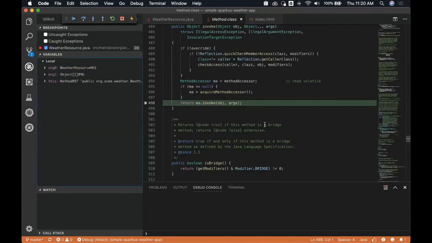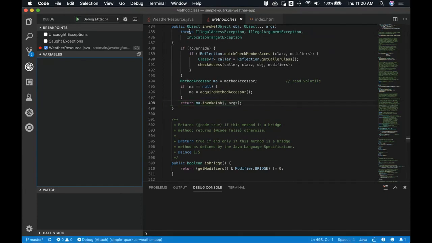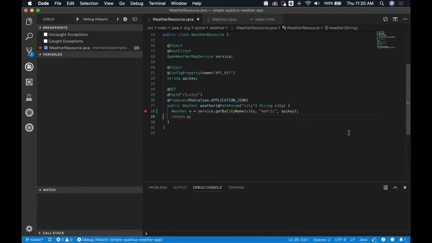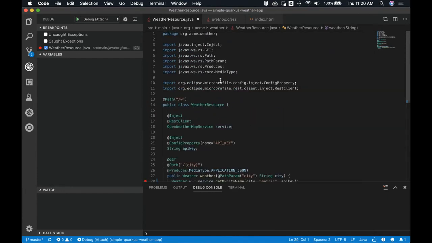And then it moves on to the next thing. So that is a very simple demo.